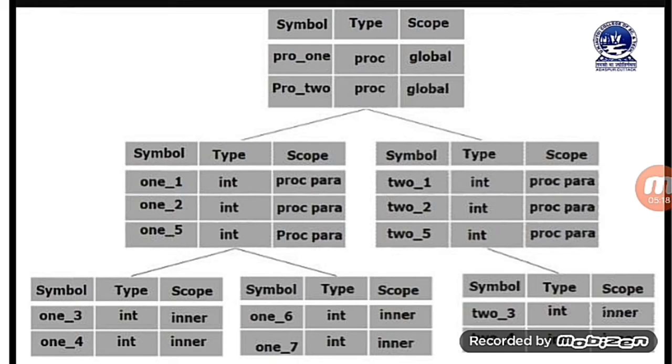Then in the next hierarchy you can see one symbol table for procedure 2, because only one inner block was there, that's why one symbol table. The number of symbol tables will be maintained on the basis of the number of inner blocks. And in the inner block symbol table you can see that these two variables, 2 3 2 4, are used, whose type is int and scope is inner. In this way, it is the diagrammatic representation of the symbol table, and here it is clearly visible that the first one represents the global, then gradually we are entering towards the inner block.